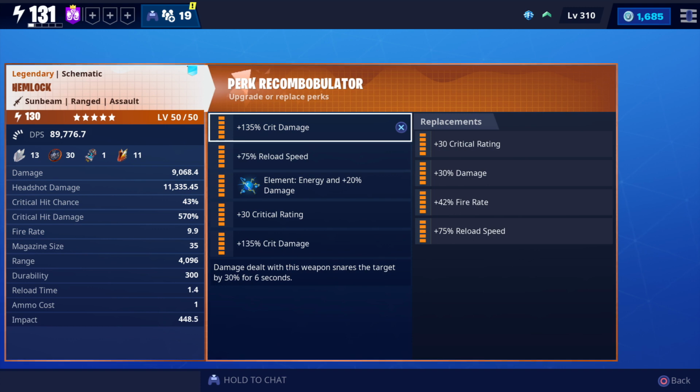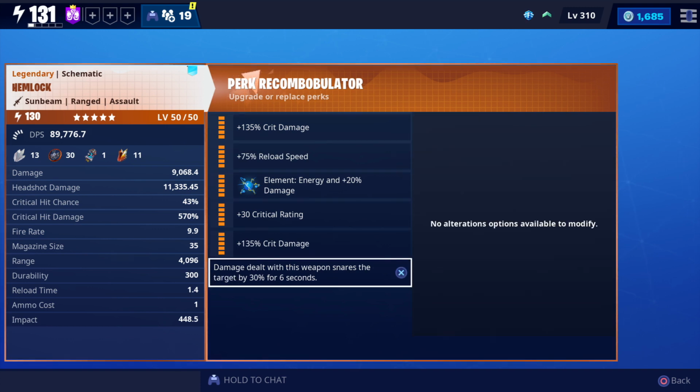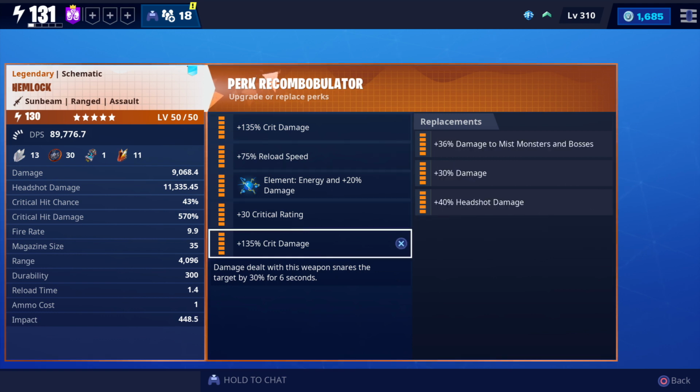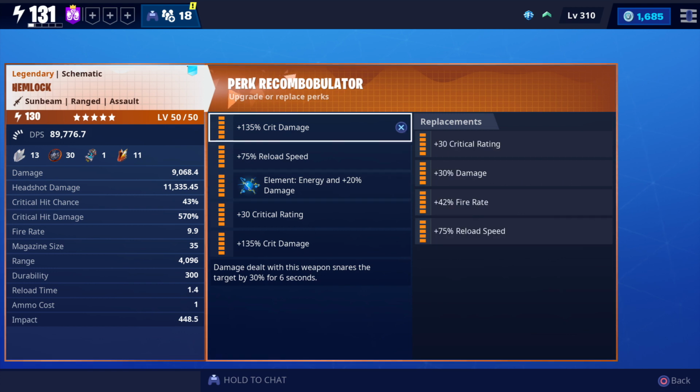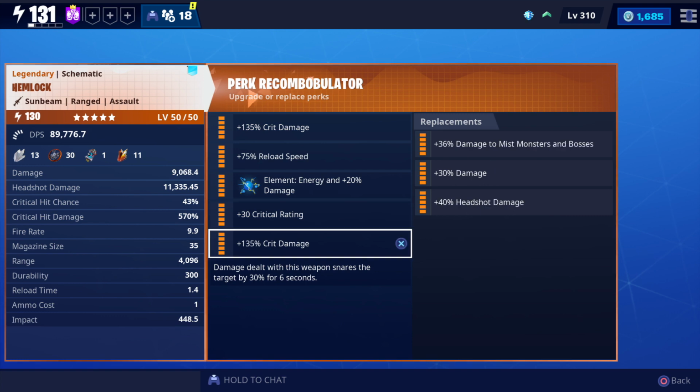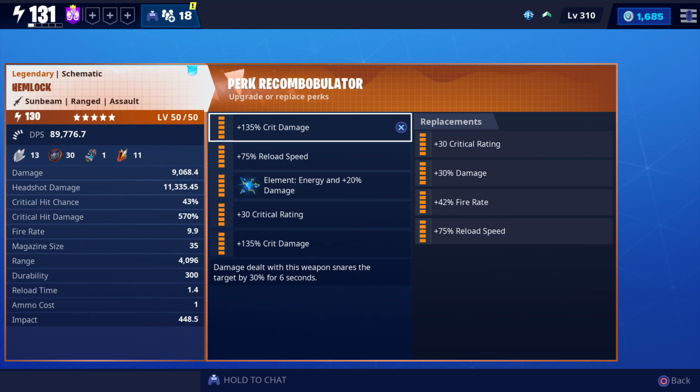Now, the weapon does snare enemies, but as you can see, there's no damage to snared enemies perk option, which would have been a pretty decent perk option because it adds like 45% damage, which is pretty crazy. But since that's no option, for the bottom here you can see we've got your damage perks. There's also a damage to missed monsters and bosses perks, but that just really limits what enemies we can use this against. So crit damage is best here, and then crit damage at the top because,